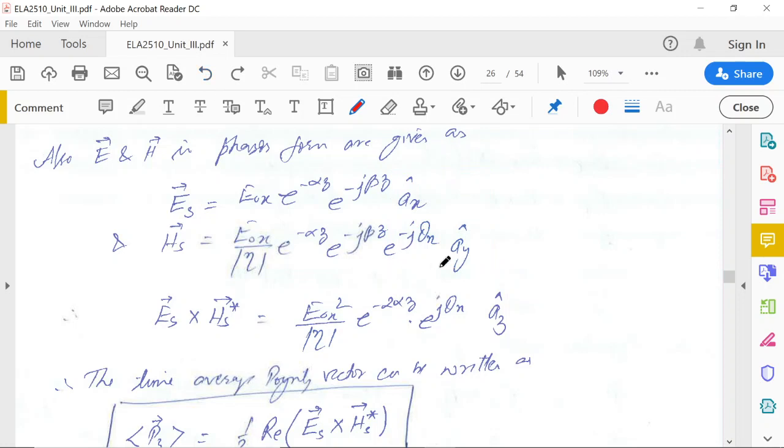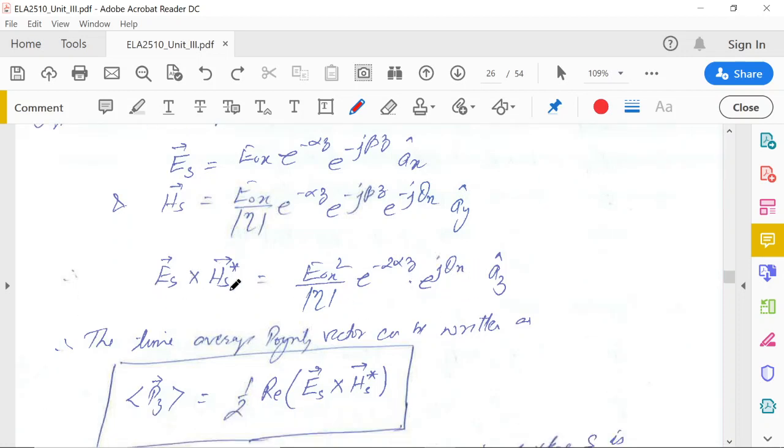So here, H_s conjugate will be e to the power plus j beta z into e to the power plus j theta_n. These two will be cancelled out, and these two will be added. So here what you have is E_0x squared by eta, e to the power minus 2 alpha z, e to the power j theta_n. If you compute this one and take the real part of this,